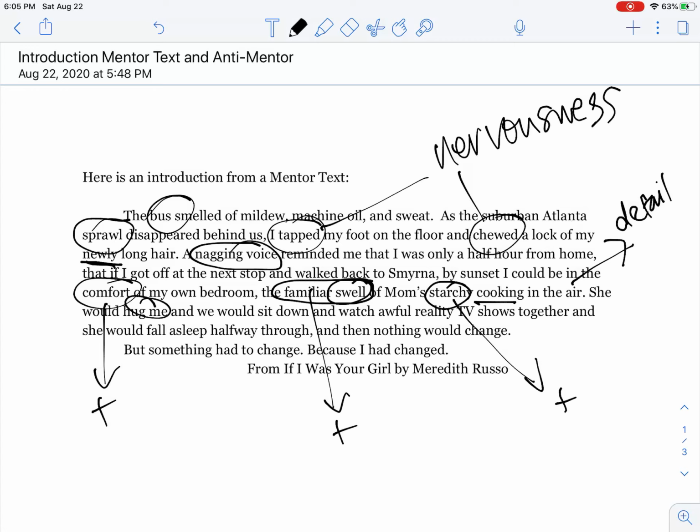And then she has these two sentences. In the English world, we talk about these being telegraphic sentences, basically meaning that they're short. So she's manipulating her syntax, like her sentence length, in order to kind of generate an emotion. So we don't know much right now, except for that she's headed somewhere away from home and she's nervous about it. And here she says something had to change, and I'm left wondering what needs to change. And she says she has changed, and we're left wondering why she changed.